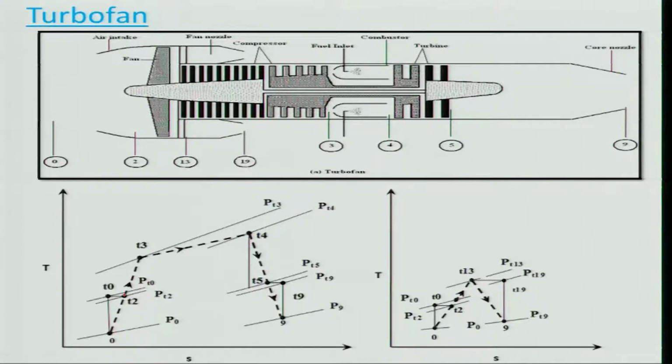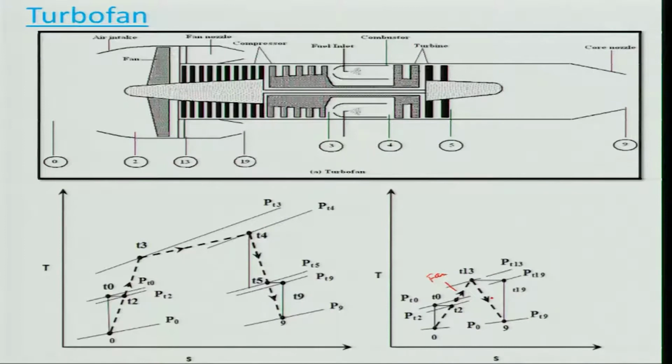that is 0 to 2 is your compression in the air intake, 2 to 3 is your compression in the compressor, 3 to 4 is heat addition, 4 to 5 is your expansion in the turbine, and 5 to 9 is your expansion in the nozzle. Keep in mind that for the fan, it is similar, that is basically compression in the air intake and the fan, this is the fan portion, station 2 to 13, and expansion in the nozzle, that is 13 to